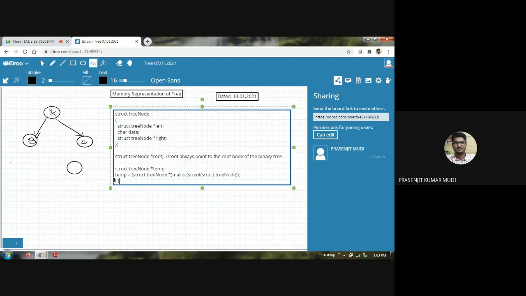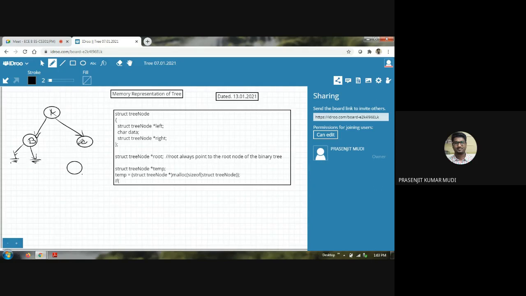These two nodes here are leaf nodes, am I correct? B and C in this case are leaf nodes. Yes, sir. So that means they do have pointers. Every node has two pointers, the left pointer and the right pointer. What are they pointing to if they don't have any child? By default they are pointing to nothing, meaning null.